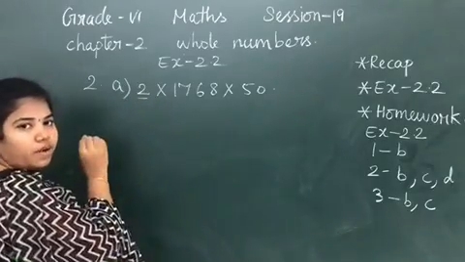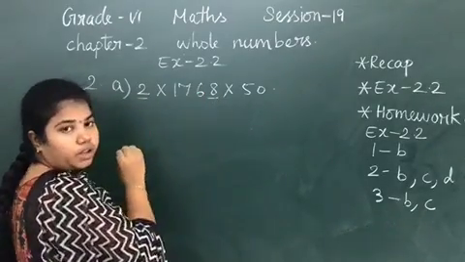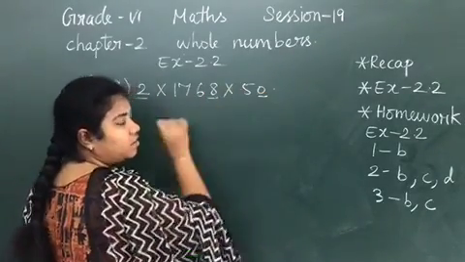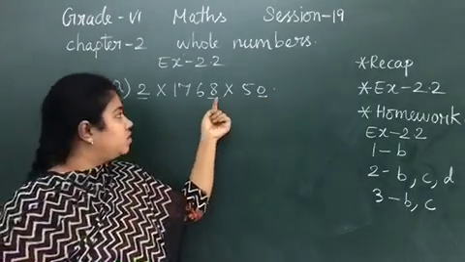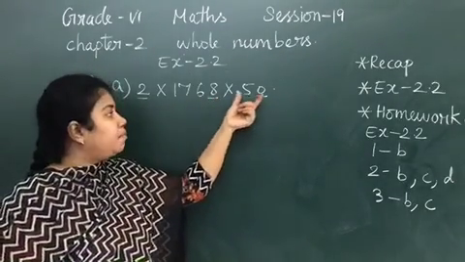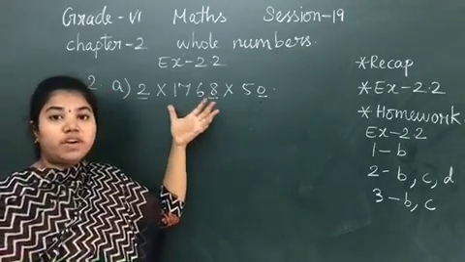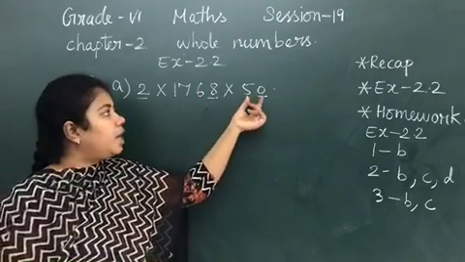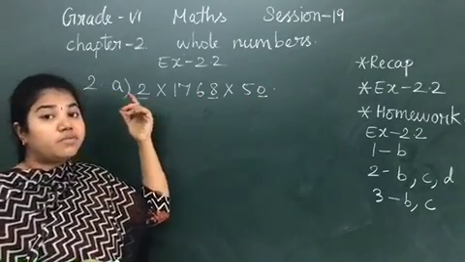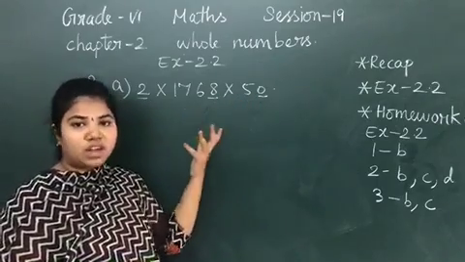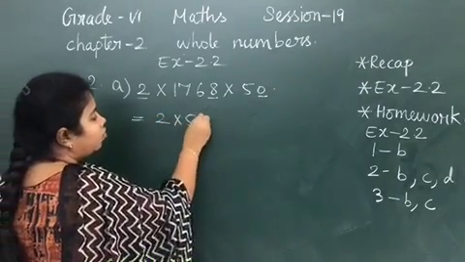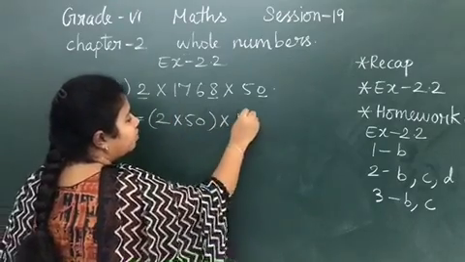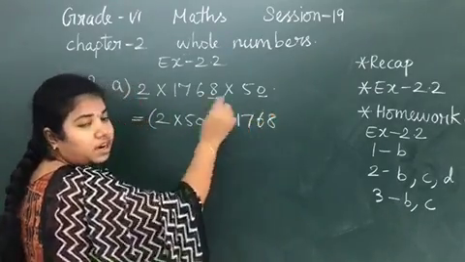Here your ones value is 2, here your ones value is 8, here it is 0. But listen carefully, whatever you multiply with the 0 value, you will get 0 only. But multiplying this term to this is very big, it is huge. But multiplying 50 into 2 is very easy. You know 50 into 2 is 100. So what we will do is, we will multiply 2 into 50. That product we will multiply with the number 1768.